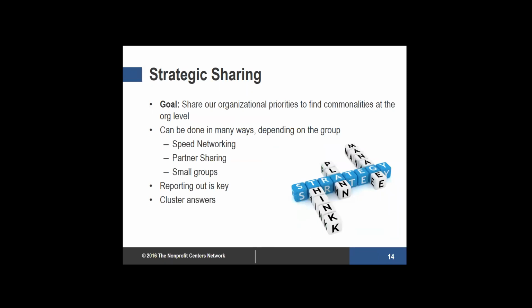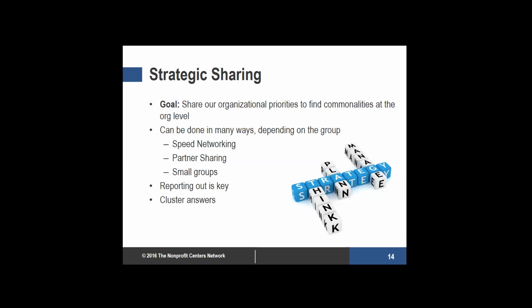Then, at that point, after the field overview is done, I as the facilitator am largely done talking. I want other people to start sharing what's going on. And in the strategic sharing section of our agenda, I want to hear about organizational priorities. And since you've usually got a CEO and someone from the frontline staff, it could be an interesting test to